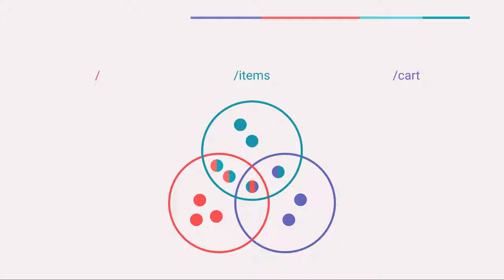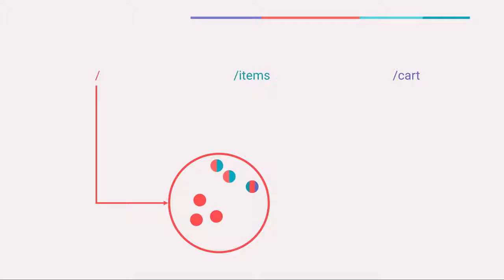So let's split the view down. Let's break it down into individual web components. Some of these components are going to be shared between views. Some are going to be unique to a particular view. Let's say the user requests this slash route. The server can know exactly what components are needed in order to render that view and to make it usable